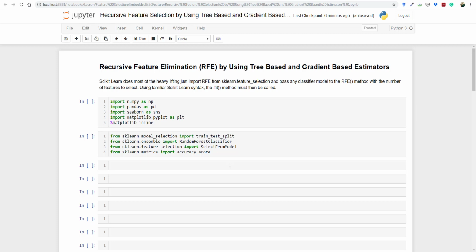Scikit-learn does most of the heavy lifting, and the RFE module is available under sklearn.feature_selection, and we can pass any classifier to the RFE module, and then it will execute based on that estimator. And using the familiar scikit-learn syntax, the .fit method, we can train the models, and then finally we can select the